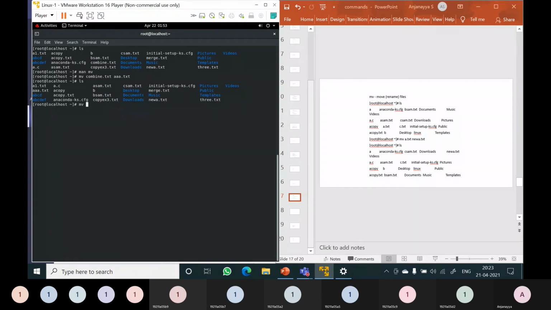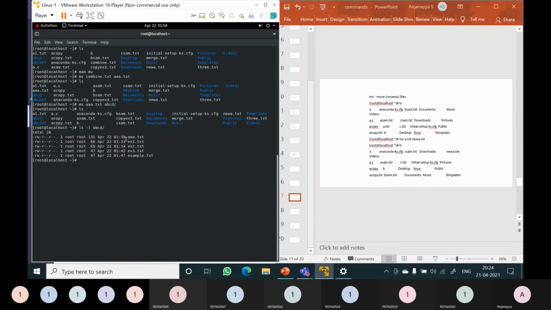Now if you want to move this aaa.txt into another directory, then aaa.txt is not present here now. It is moved into this directory. ls -l abcd. Now here you can see that the file aaa.txt came here.